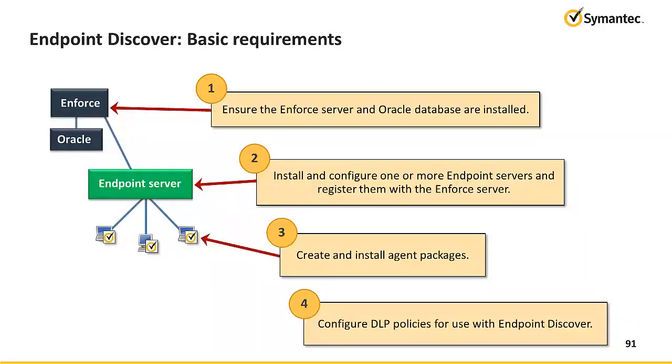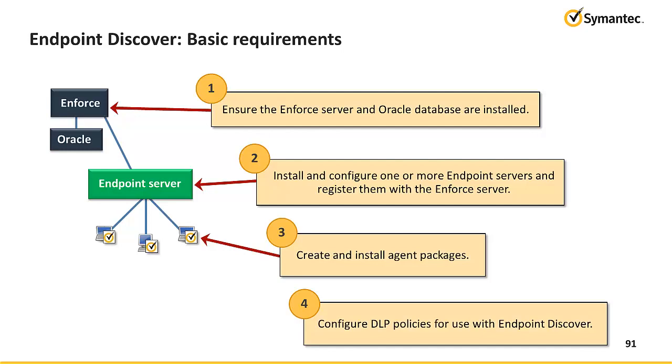Endpoint Discover depends on a three-tier architecture consisting of Enforce, one or more endpoint servers, and DLP agents running on endpoint computers. To scan endpoint computers for confidential data, you must ensure that all of these components are installed. For details on installation, please see the Symantec Data Loss Prevention Installation Guide with separate versions for Windows and Linux, or review the Symantec Data Loss Prevention Install and Deploy e-learning course. Details on creating and installing DLP agent packages are also available in the Understanding How Confidential Data is Being Used